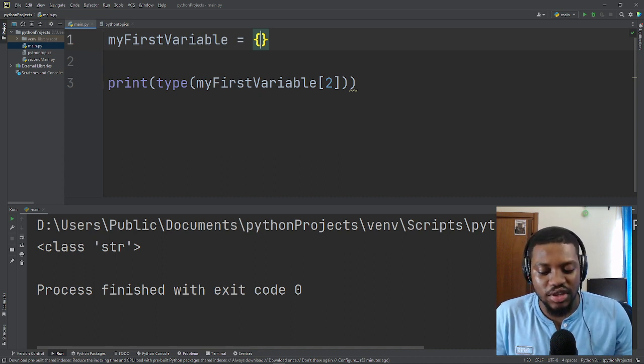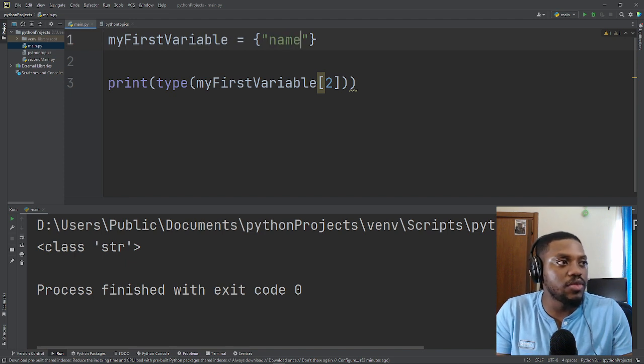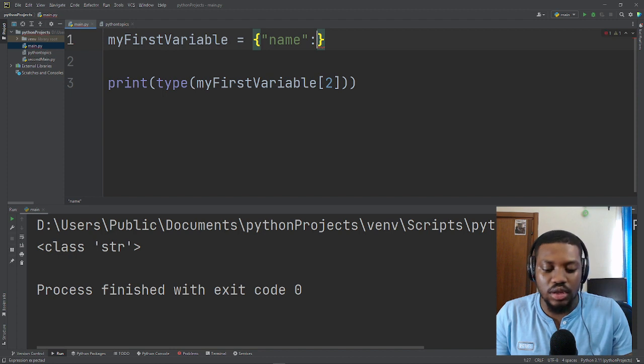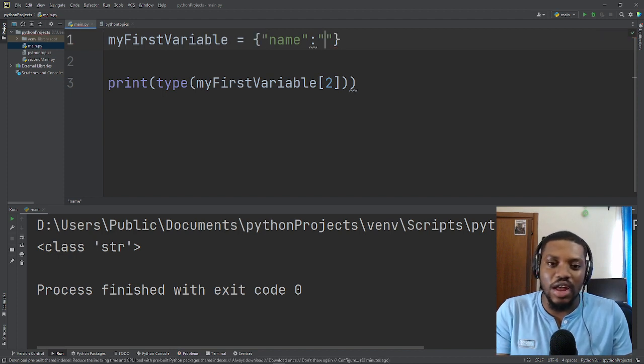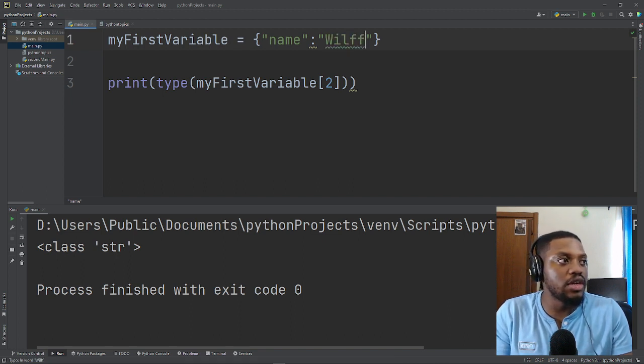This is how they are presented in Python. You have something like this: name, then a colon followed by the value of that particular key. So you just put in my name here,